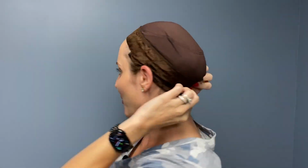So you know with this cap, if you're trying to close the Velcro from underneath the cap, you're wearing it wrong. You gotta flip it back. Be right back. Back again, now with it the right way, with the tag facing on the outside, and the Velcro